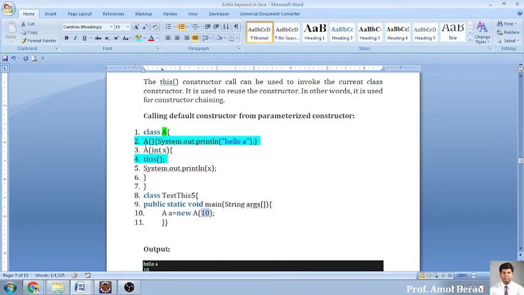If I am passing a value, if I called this constructor, this will automatically be calling this function only, because it is a function of the parameterized constructor. We have seen this type of construction, constructor overloading, in the previous session, that is, a constructor can be written in multiple ways. This is the default constructor and this is a parameterized constructor. And here I am creating an object of the class A with parameters. So this 10 will be passed over here.